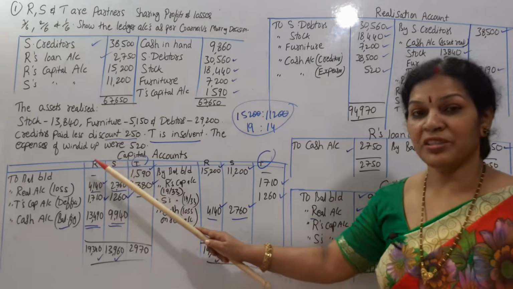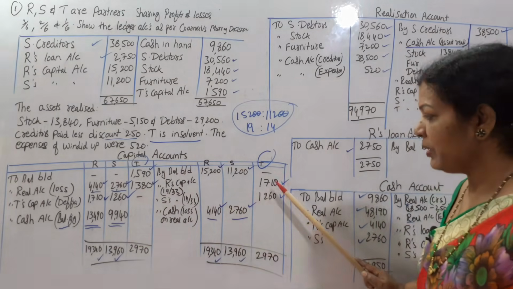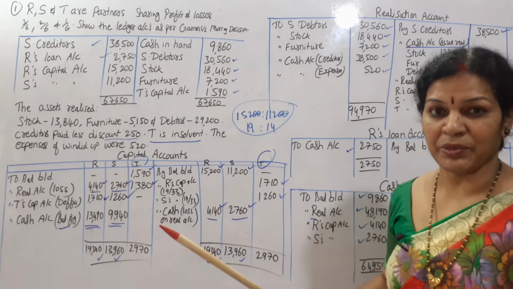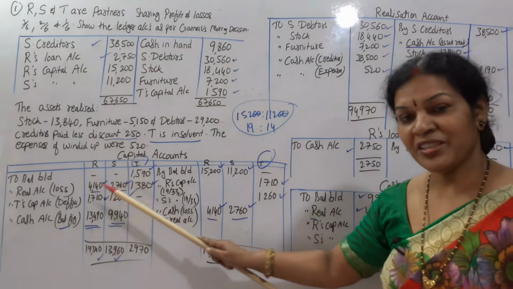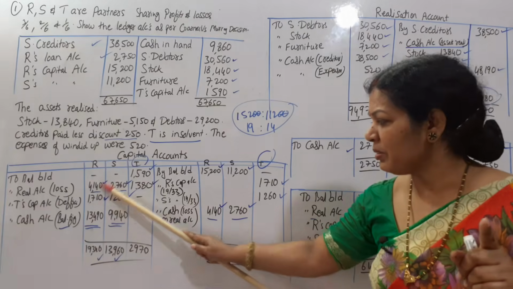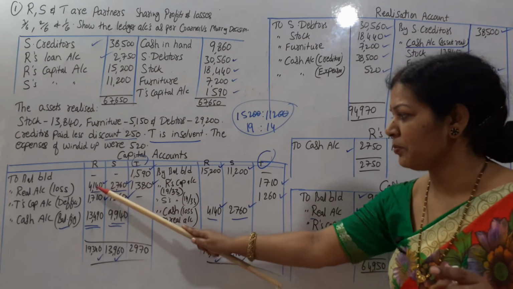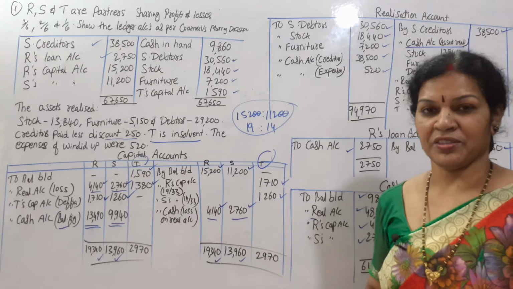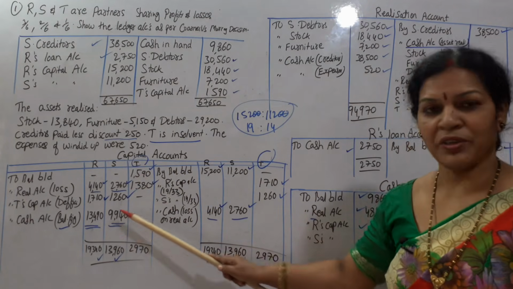Then after that you see the solvent partners' capital account. When you open this, you transfer the amount to their capital accounts. And also the loss they have to bring through cash. So that is why realization loss is on the debit side and credit side, 2760, 2760, 4140, 4140, like you get both the sides. And what else is there? That's all. You are getting the balancing figure of this much.